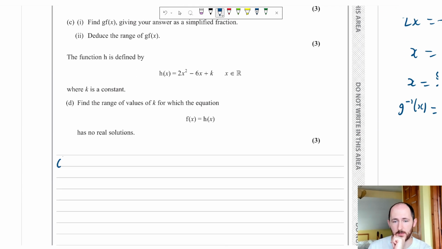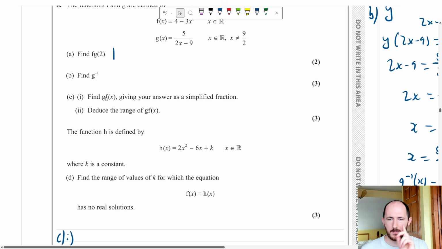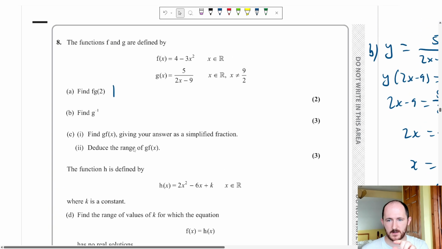That's a really, really good question. I like that. There's a few ways to do the range. Range and domain normally do suck for a lot of students, at least for my year 13s they did anyway, and I don't blame them. I'm going to show you how I do it in this context. So, when it's a compound function, a composite function, I do something slightly different than what other people do, but